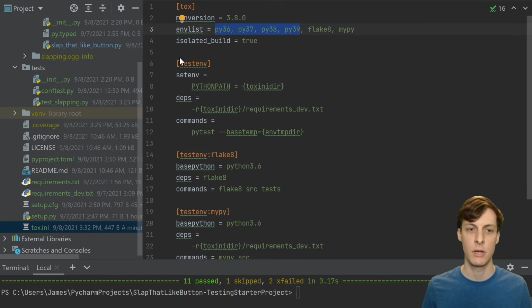Their configuration goes in this testenv block here. So you see I install the dev requirements and then run a PyTest command in any of those situations. These last 2 environments are not built into Tox, you can define your own.